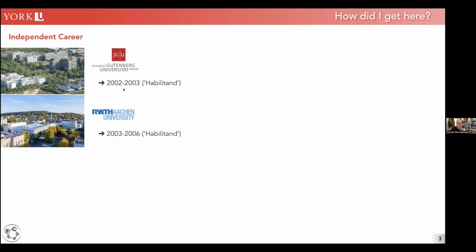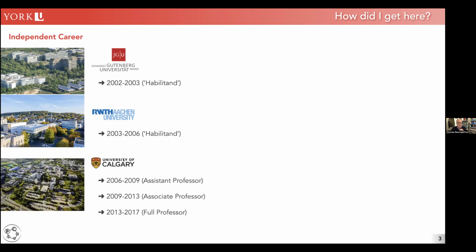Since I was embedded in a big group, I was tethered to my mentor, who ultimately after a year got a position at the RWTH University in Aachen in Germany as well. So I had to move with him. This is why I spent a year in Mainz, and then I moved to Aachen within the same group. But the ultimate goal was always to go back to Canada, and eventually some interesting positions were advertised, and I interviewed at the University of Calgary, and they offered me a job. So I started my Canadian career there, first as an assistant professor, and then I rose through the ranks up to a full professor.